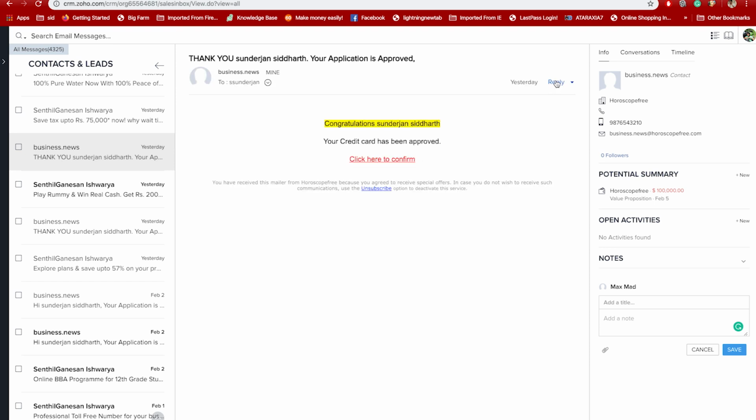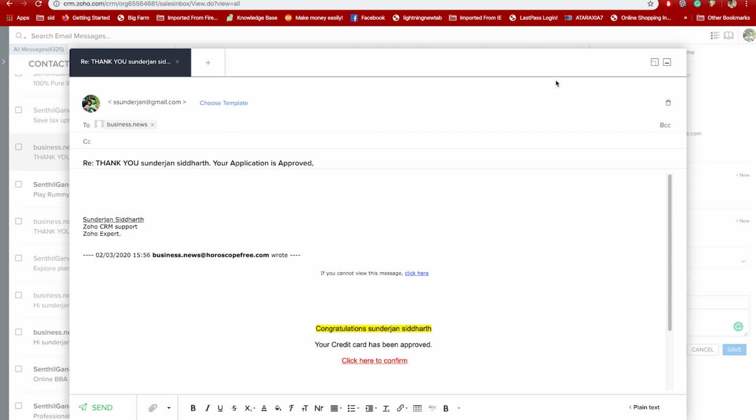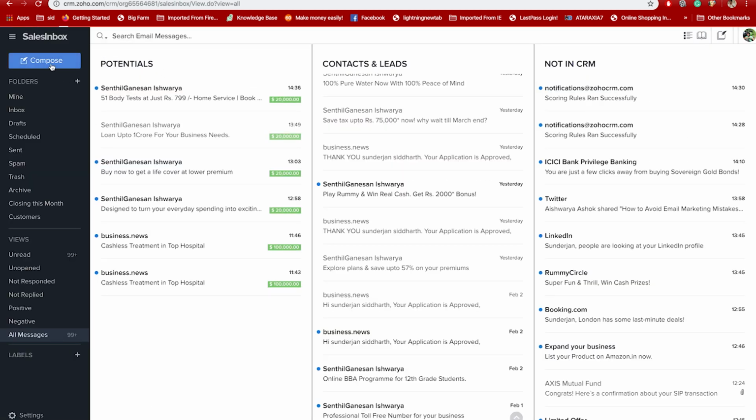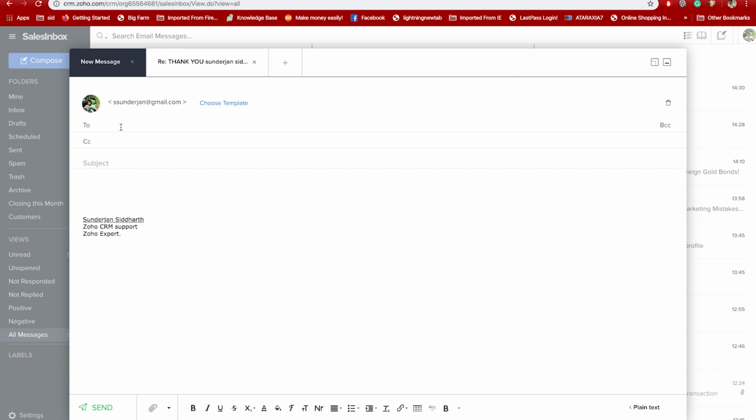You can also reply right from within here. Just type your email and send it. Or you can even choose to schedule an email in case you want to send it at their time.